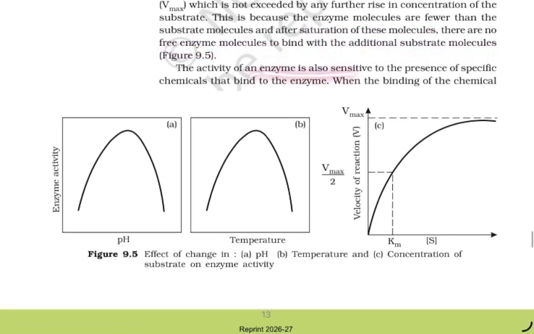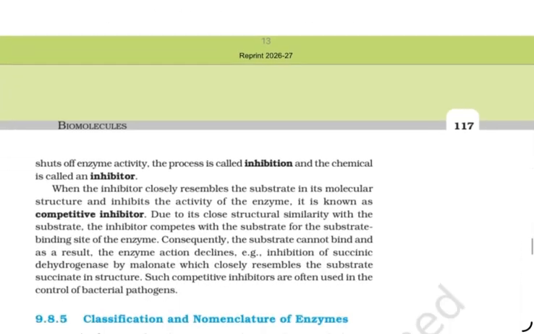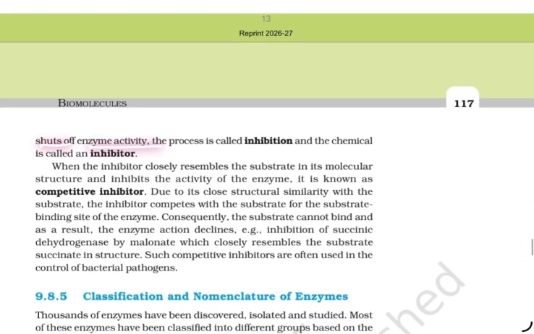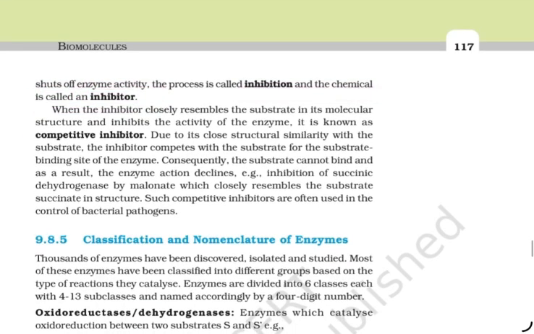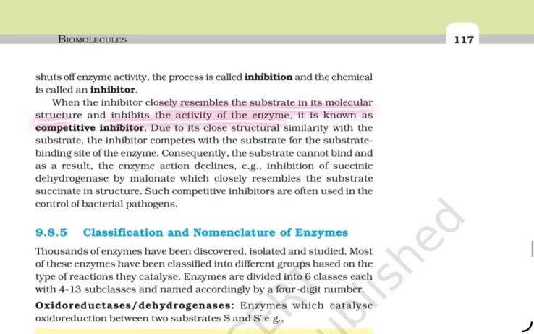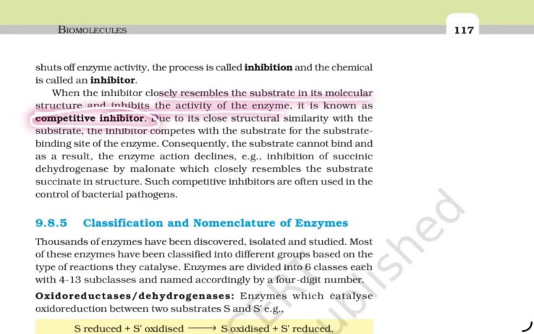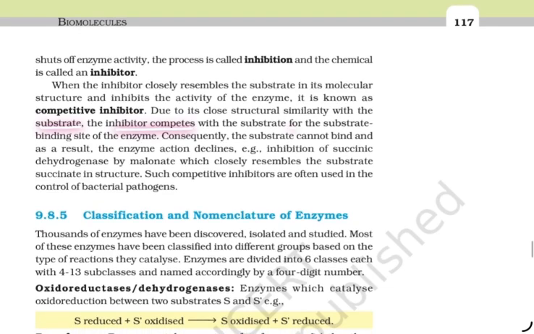The activity of an enzyme is also sensitive to the presence of specific chemicals that bind to the enzyme. When the binding of the chemical shuts off enzyme activity, the process is called inhibition and the chemical is called an inhibitor. When the inhibitor closely resembles the substrate in its molecular structure and inhibits the activity of the enzyme, it is known as a competitive inhibitor. Due to close structural similarity with the substrate, the inhibitor competes with the substrate for the substrate binding site of the enzyme. Consequently, the substrate cannot bind. As a result, the enzyme action